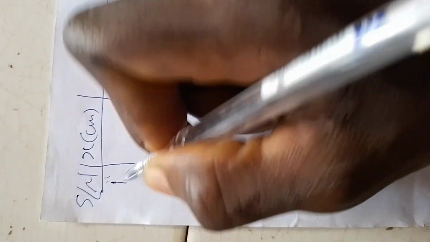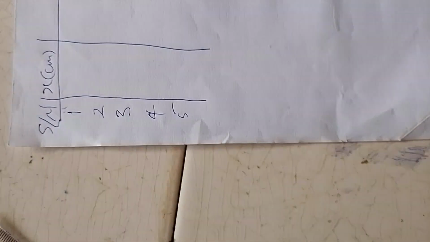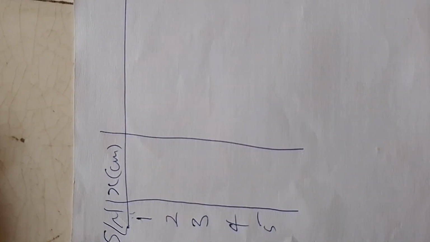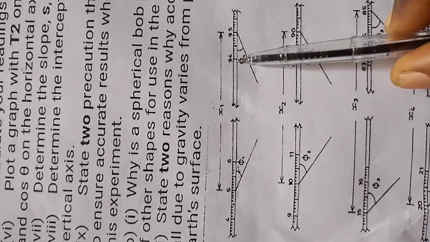Now let's move ahead. Serial number, we have 1, 2, 3, 4, and 5. The first one here is x. Don't forget to put your unit, centimeter. It is necessary, or else marks will be deducted. In the first x here, as I've said before, 5 off, 5 off. That means in between is 90. In between is 90 centimeter. So the first one here is 90.0